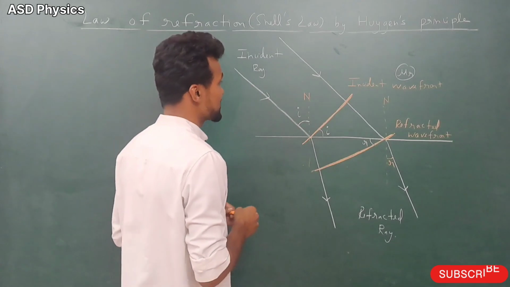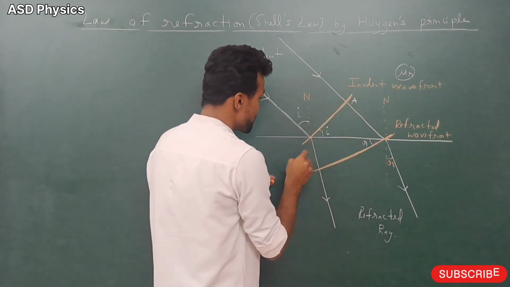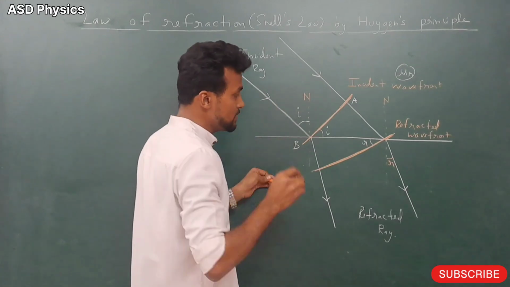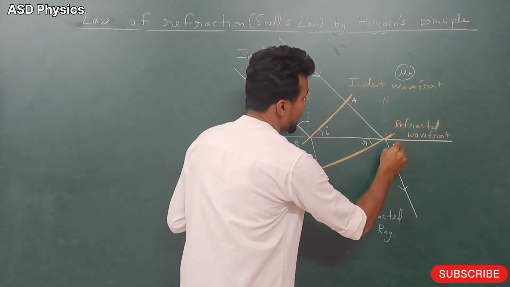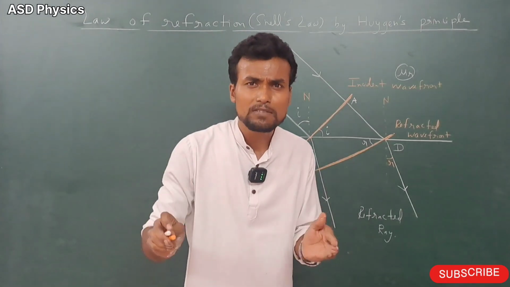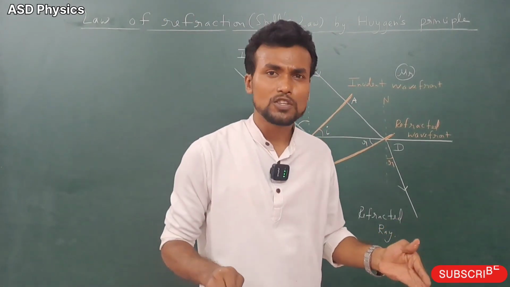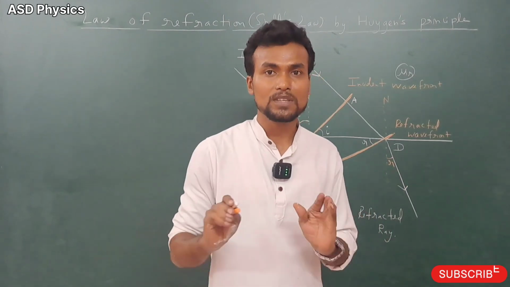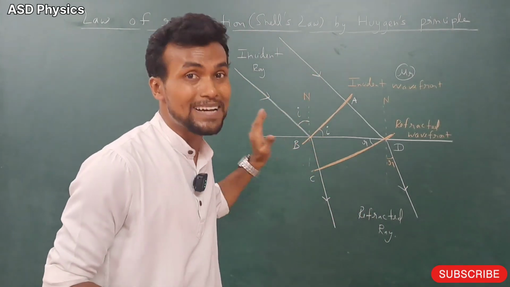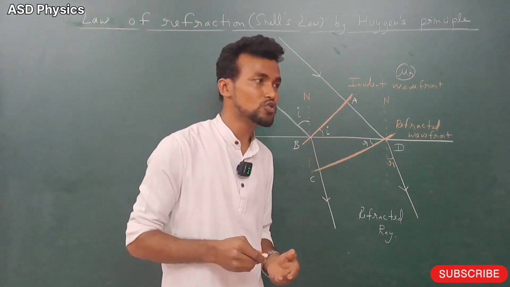Now my dear students, after that I will just give some labels here. Let's take this as point A, this as point B, this as point C, and this as point D. Now when we are going to do the derivation, in the starting we have to write some introduction that will appear on your screen, that you can copy from there, no problem. Here I will do the mathematical expression and prove Snell's law. So again I will use triangles.